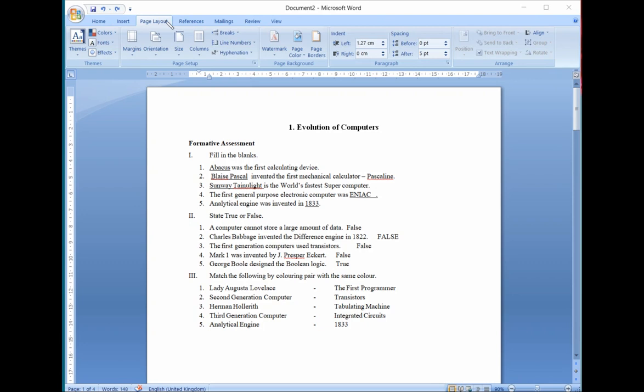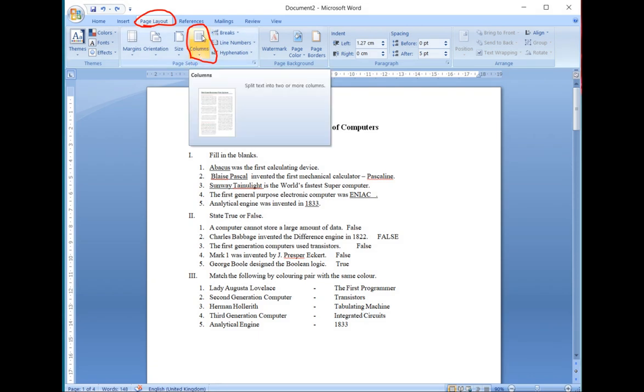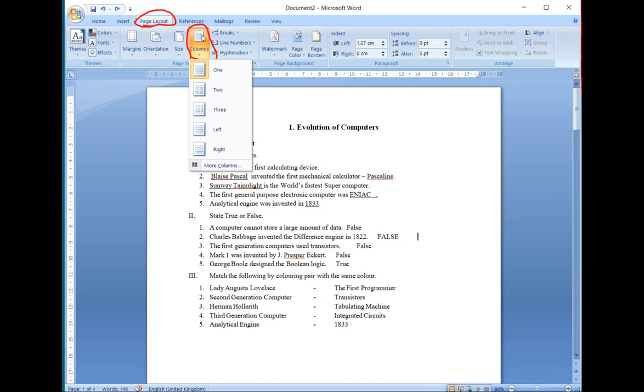My page layout option is over here. In this page layout, you click on the columns button present in the page setup. Just click on the arrow present at the bottom of the column button, or you can click on the column also, it is fine.